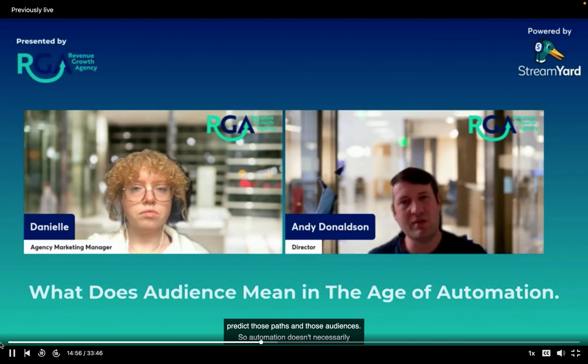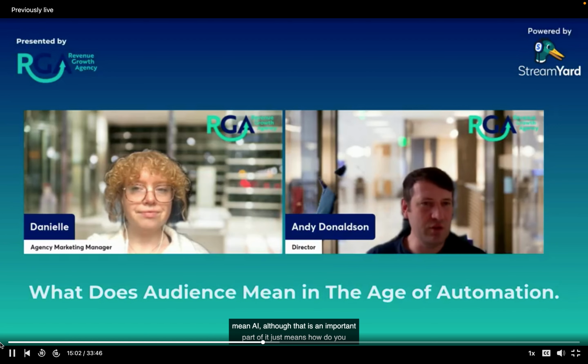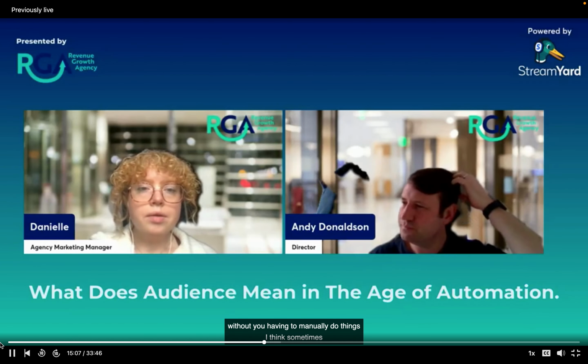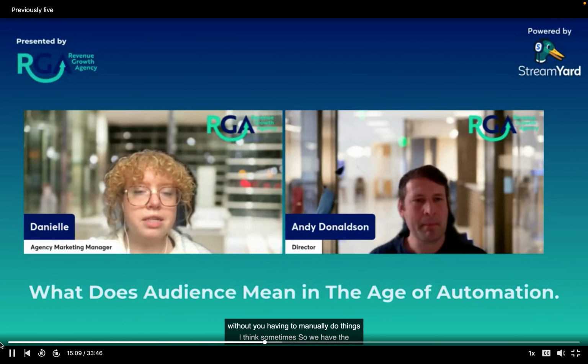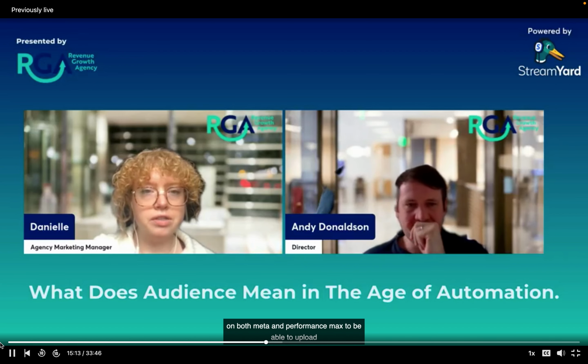Automation doesn't necessarily need to mean AI, although that is an important part of it. It just means how do you sequence things automatically without you having to manually do things, I think, sometimes. Yeah, so we have the ability on both Meta and Performance Max to be able to upload and tailor those